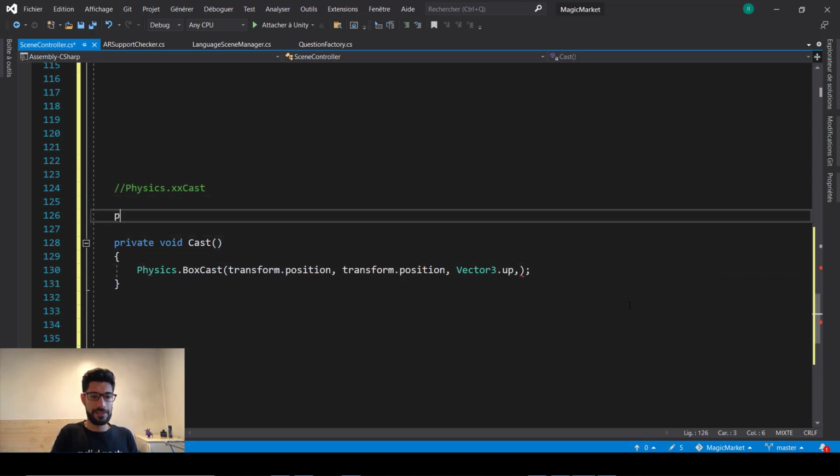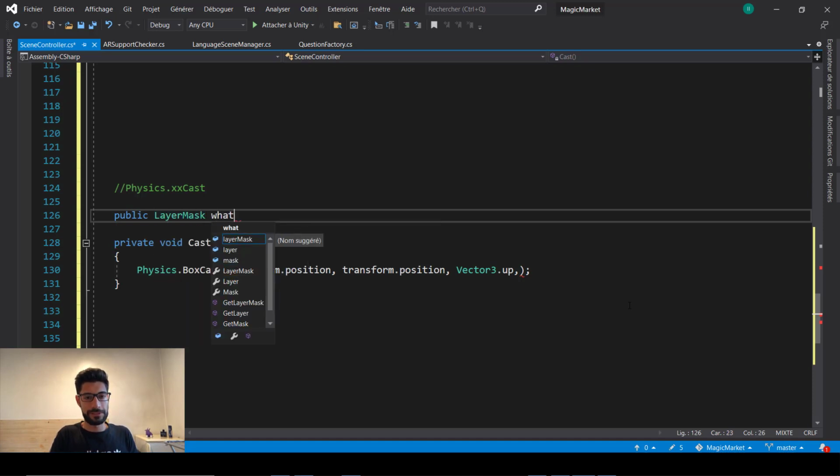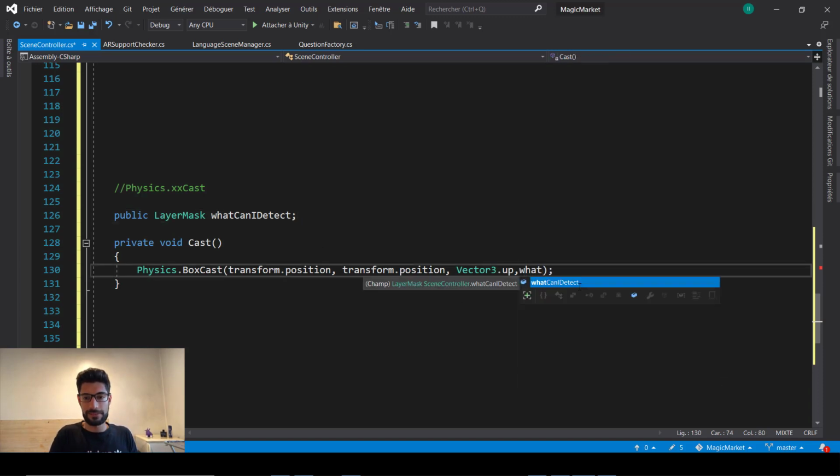So if I say public LayerMask, what can I detect,